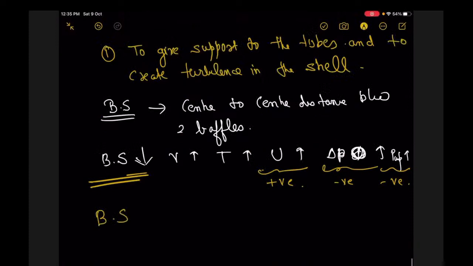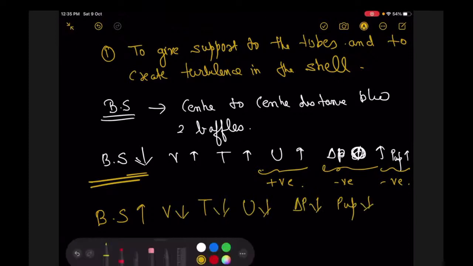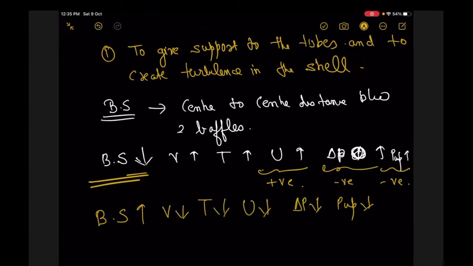यहाँ पे देखिए, अगर बैफल स्पेसिंग अगर हम इंक्रीज कर देते हैं तो वेलोसिटी क्या हो जाएगी? डिक्रीज। टर्बुलेंस डिक्रीज, यू डिक्रीज, डेल्टा पी भी क्या हो जाएगा? डिक्रीज। पंपिंग कॉस्ट भी क्या हो जाएगी? डिक्रीज। तो यहाँ पे अगर हम देखें तो ये हमारे लिए क्या है? इधर पॉजिटिव थिंग है, लेकिन ये वाली हमारी नेगेटिव थिंग है।